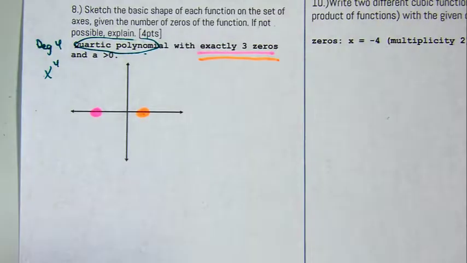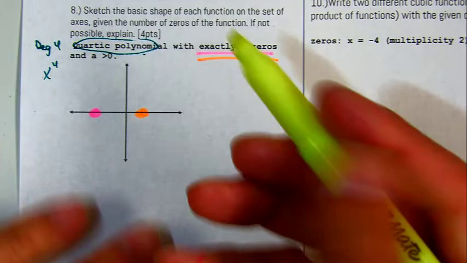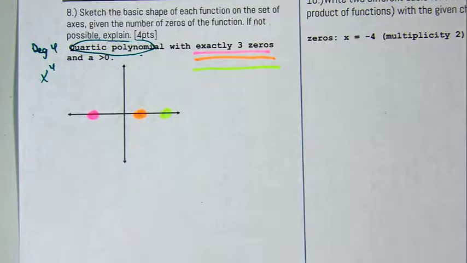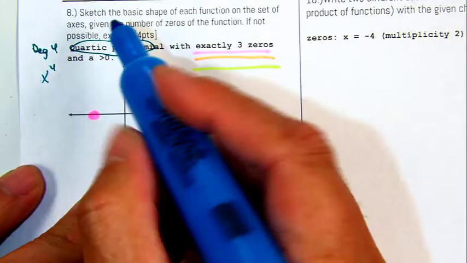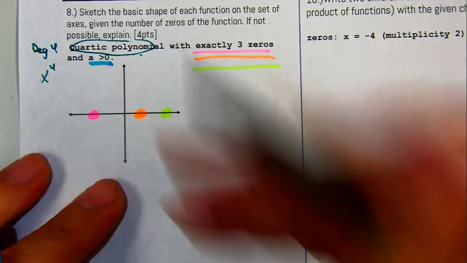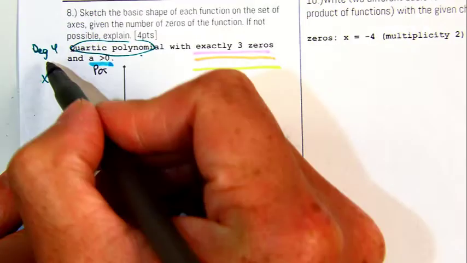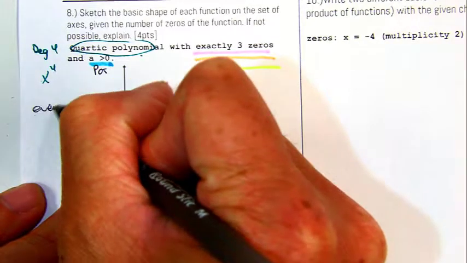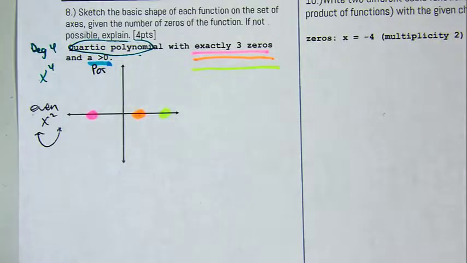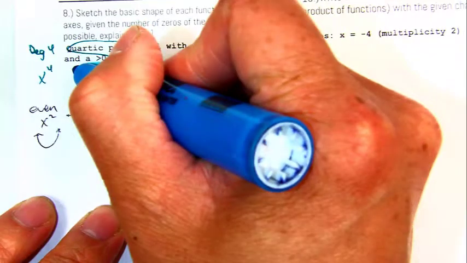So 3 different dots. And then it says that our a value is greater than 0. So that means positive. Let's write that, positive. So the easiest even we know is x to the 2nd, and it is a smiley face. So that basically means that my graph's going to look something like